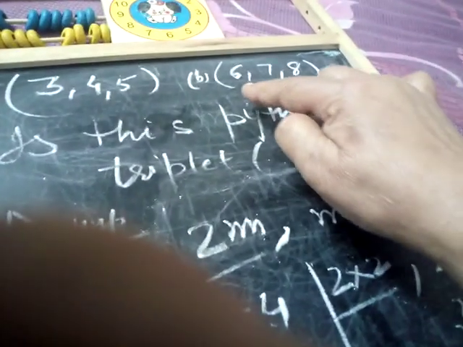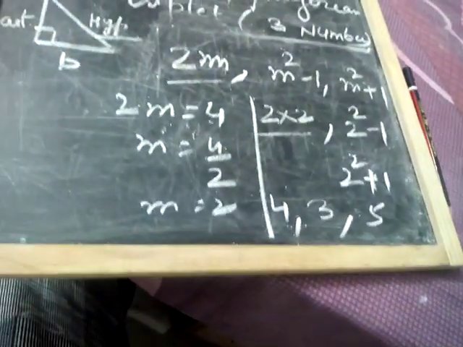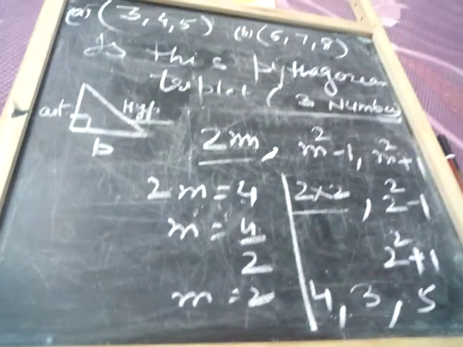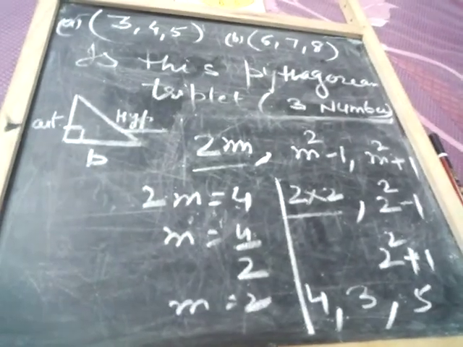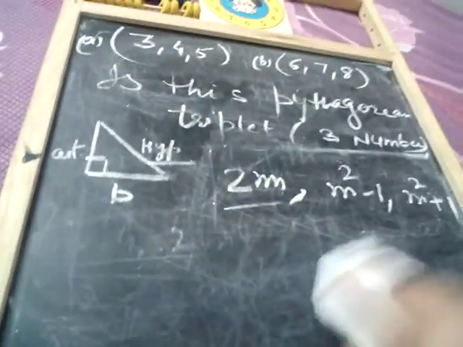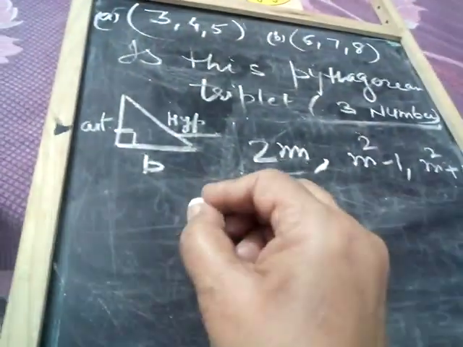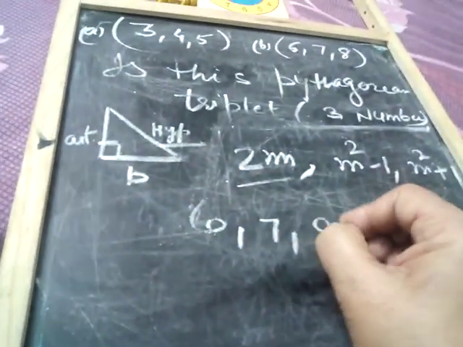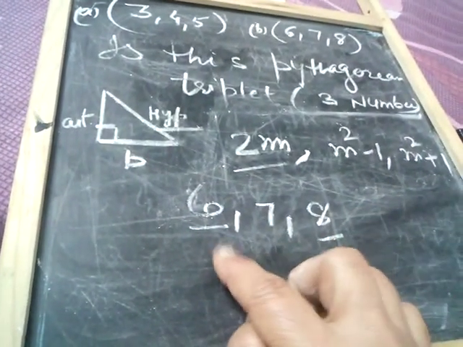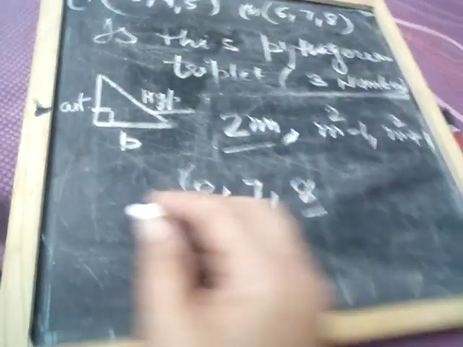Now we are going to start 6, 7, 8 with the help of this formula. Is it clear? Because we found 3, 4, 5 with the help of this formula, and 3, 4, 5 is given, this is a Pythagorean triplet, meaning these three measurements can make a right angle triangle. One more form we have to find out. We are going to verify 6, 7, 8. Now 6 and 8: the bigger number you will not take, you will take 6. This is a multiple of 2.